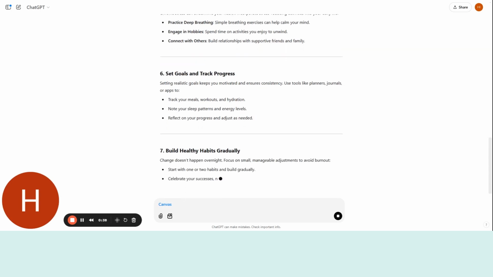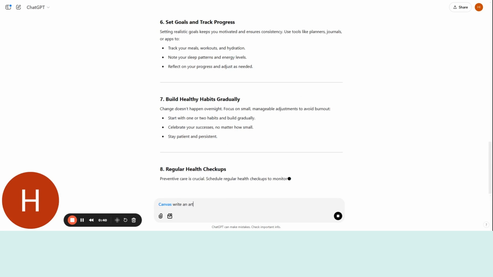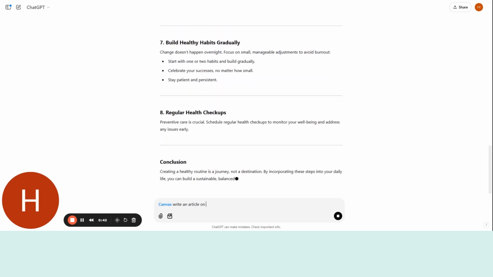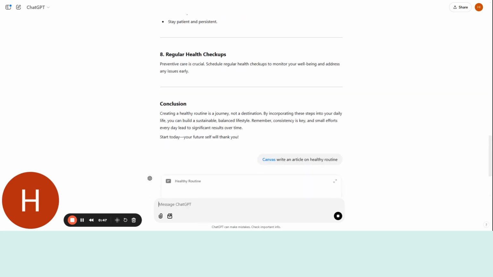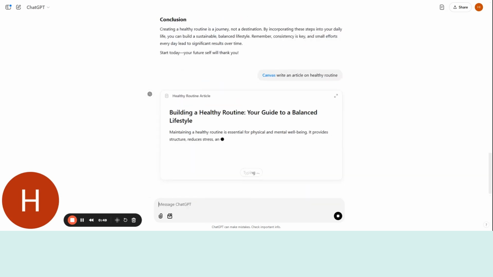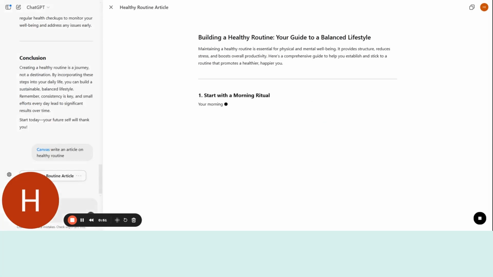So, now when we go to Canvas and ask Canvas to write the article on the same topic, it definitely gives the same kind of article as normal ChatGPT does. But the features that make it distinguished from normal ChatGPT are the options that we have already discussed in this